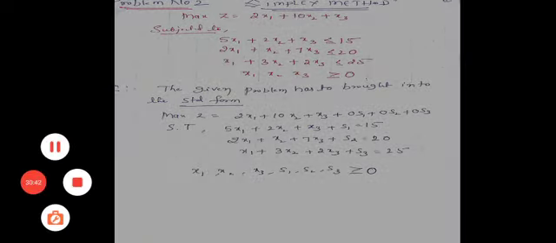In the next video class we are going to do one more problem. Till now only maximum Z equation has been given. Let us solve a minimization problem. If it is so, we are going to convert it and solve the problem in the next video classes. Also in the next video classes we are going to discuss the big M method. What is the big M method? It is almost like the simplex method but slightly different, whereas in the big M method we are going to add one more variable called an artificial variable. How to add and when to use that artificial variable, everything we will discuss in the next video class.